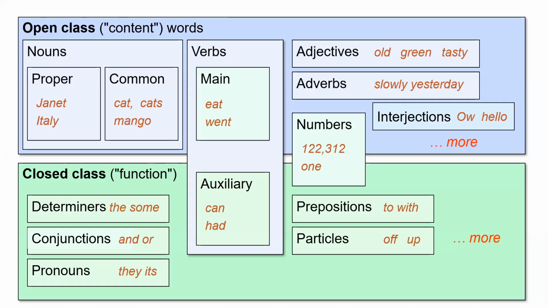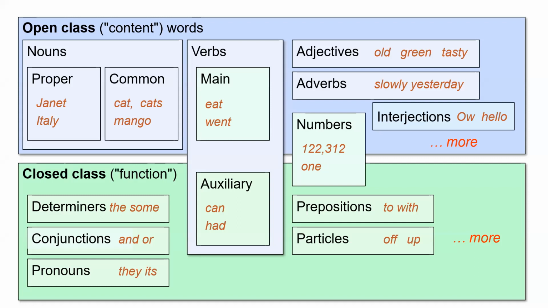Nouns are words for people, places, or things, but include others as well. Common nouns include concrete terms like cat and mango, abstractions like algorithm and beauty, and verb-like terms like pacing, as in his pacing to and fro became quite annoying.